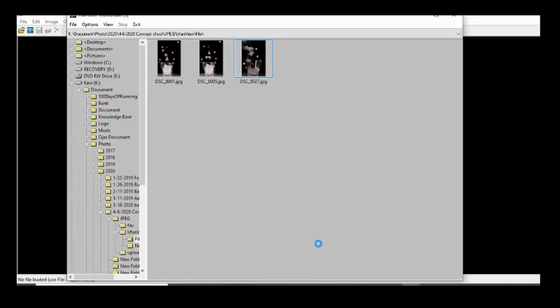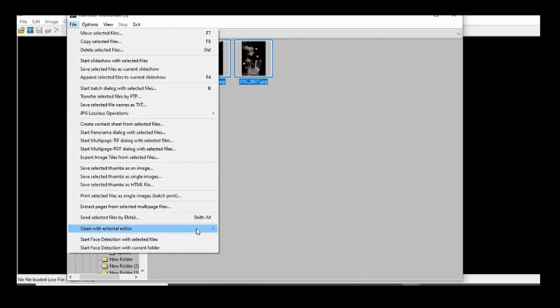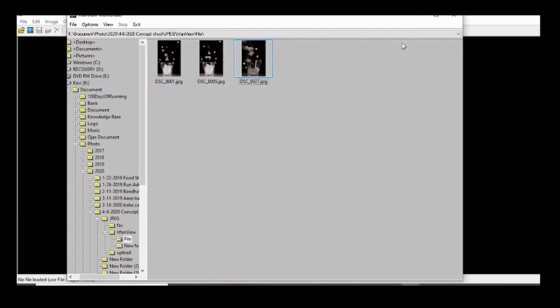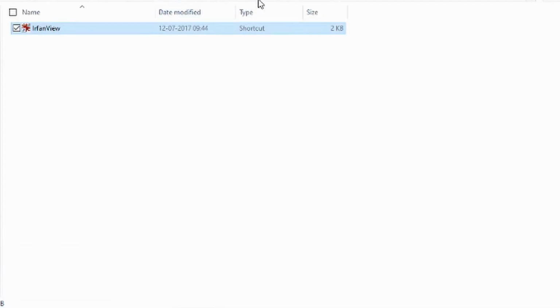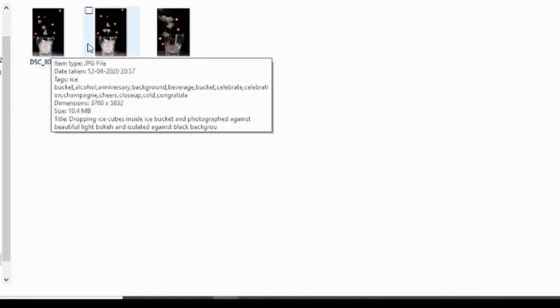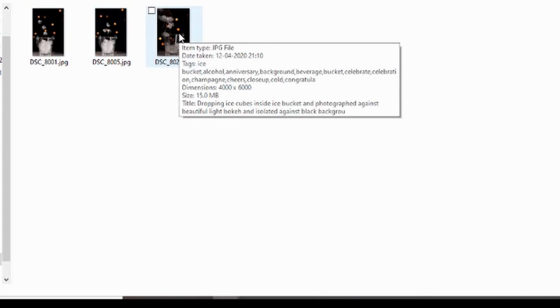And click on the right button. Here you can see that if I hover over any of the files, mouse over is showing that title, description and keywords are applied to all the files.